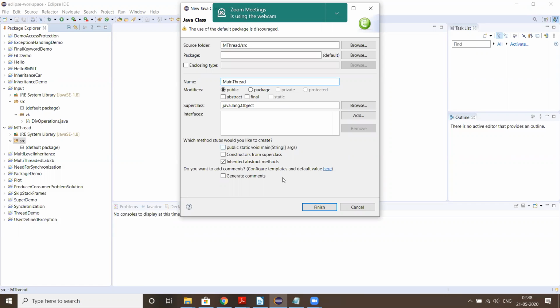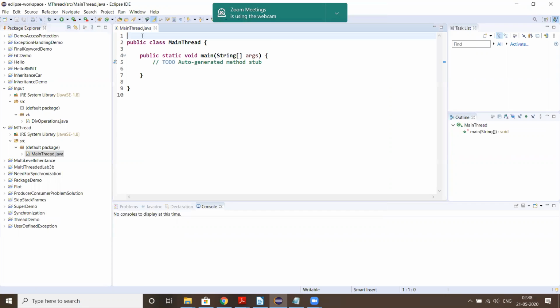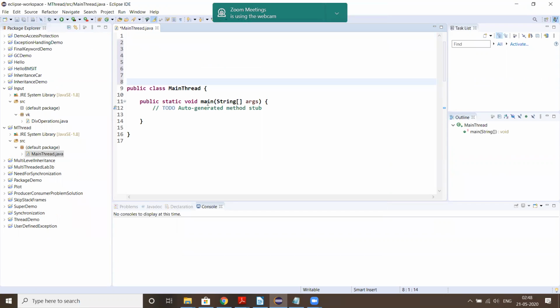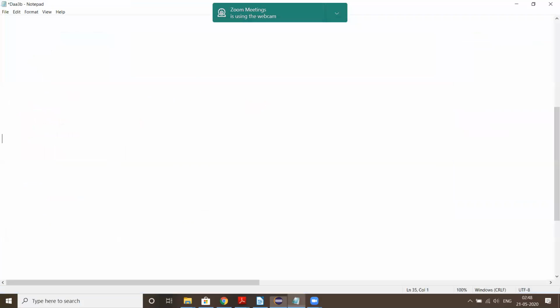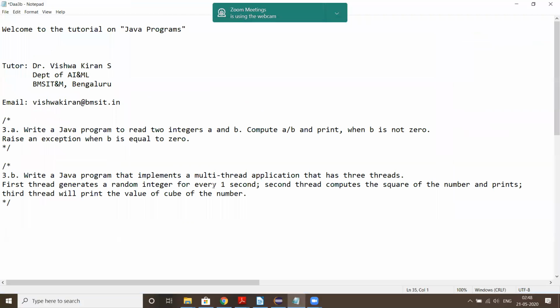Okay, we have this main method being inserted. The intention of this main thread is to create 3 threads where each thread has to perform these operations, whatever the 3 operations that we have seen: generating the random number, computing the square of the number, and computing the cube of a number.